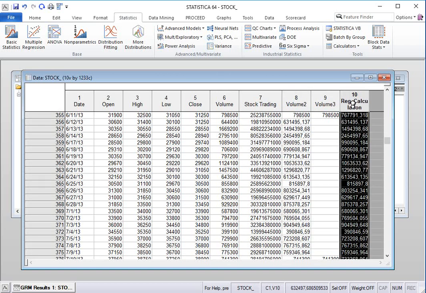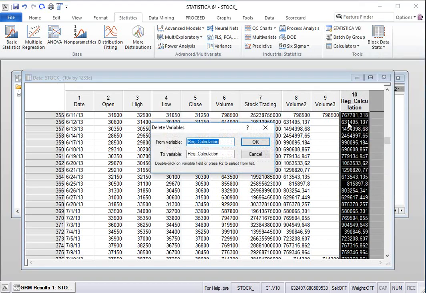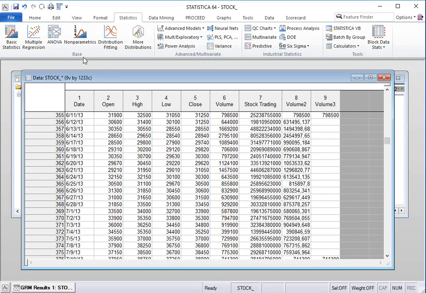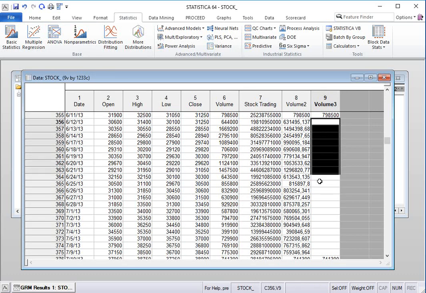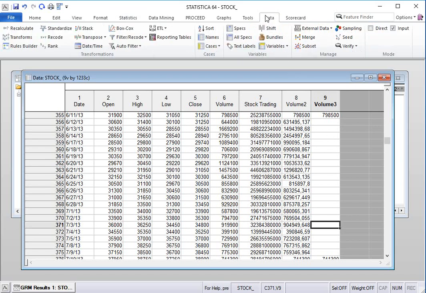Now I don't need the reg calculation variable, so I just delete it. Okay. In the second step, for the imputation of all the cases in volume 3, I'm going to use a missing data imputation algorithm, which is present in Statistica 12 as a default setting, as I mentioned above. So under the tab,